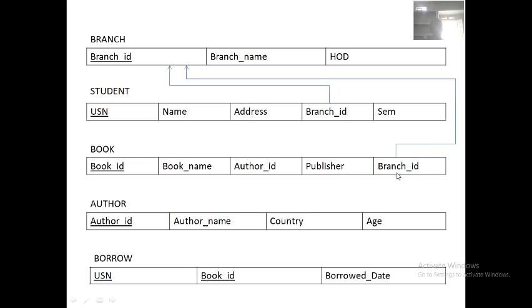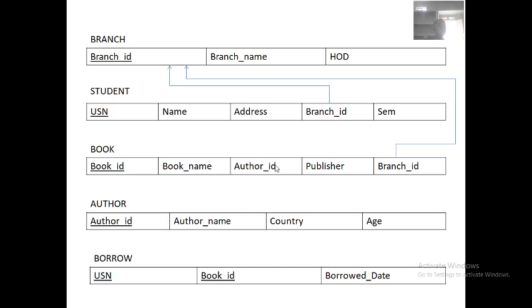See here, again we have a branch ID. What is this branch ID? It is a foreign key. Why is it a foreign key? Because it is the branch table's primary key. This is how these two tables are interlinked.